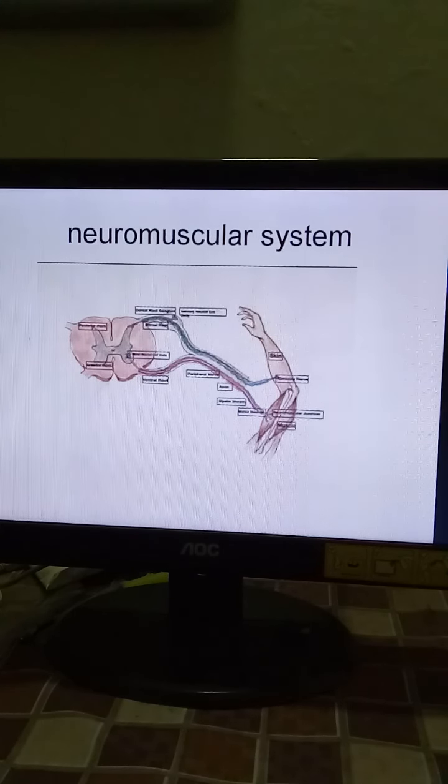Motor fibers innervate the muscle and provide them the signal or command which enable the muscles to contract. The sensory fibers, they supply the various receptors of the skin and they convey the different kind of sensation to the central nervous system. The autonomic fibers, they supply the smooth muscles, vessels, sweat gland and sebaceous gland.